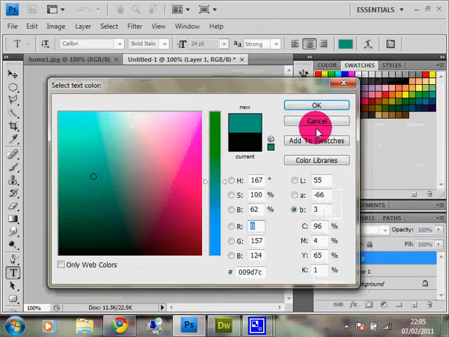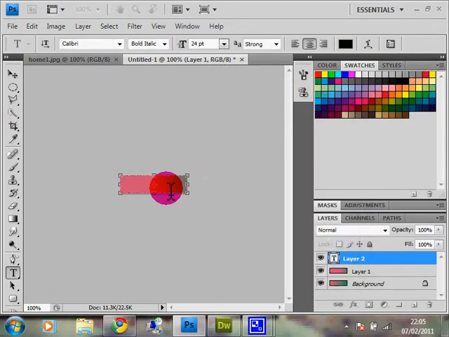I want it in black, so I'll write Home, and you can adjust it very well. When you deselect it, you can see my Home is over here. I have created my one menu item, and when you deselect this, you can see the effect easily.